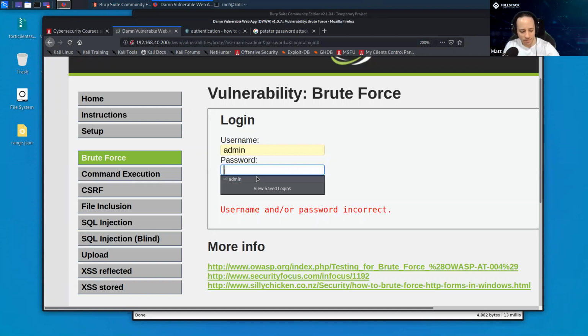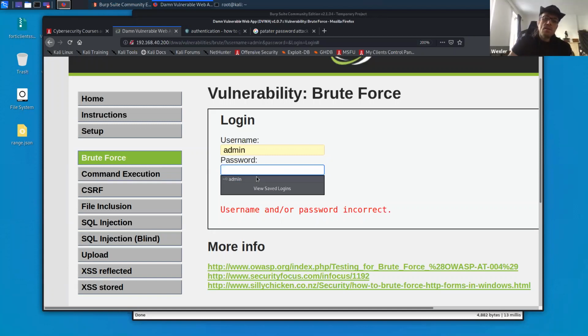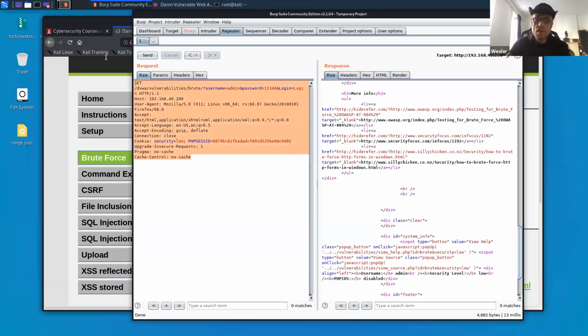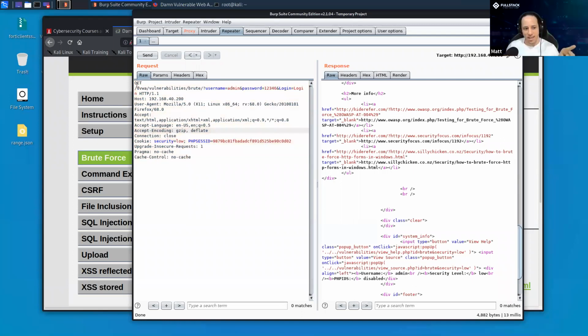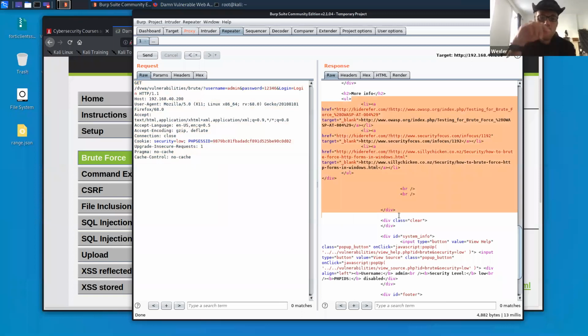Maybe I can help. What I'm trying to say is, when we look at the brass tacks of the GET request, are we going to see the same thing that shows up on the screen when we fail to log in? So in the GET request itself, no, in the response you will. Yeah, in the response. I'm sorry. When you look in Burp Suite in the response and you see that thing, it seems to be the same thing that showed up on the screen.